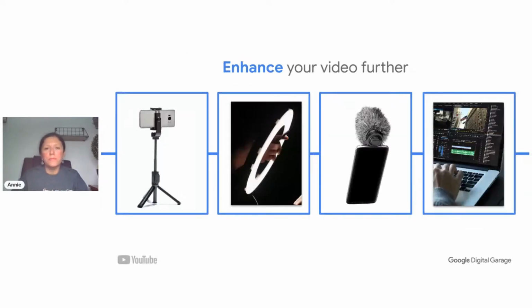So that's handy too. But if you want to enhance it even further, there are things that you can go and spend money on. I mentioned before about tripods. There are different levels of tripod that you can buy. There are some that move around with you, with varying success levels, but they can be quite handy if you're on the move. Also lighting, so you can get ring lights that a lot of beauty people use, and the most important thing is to put it in a place where it's behind the camera but directed towards you.